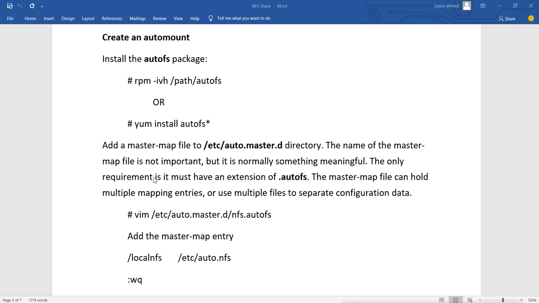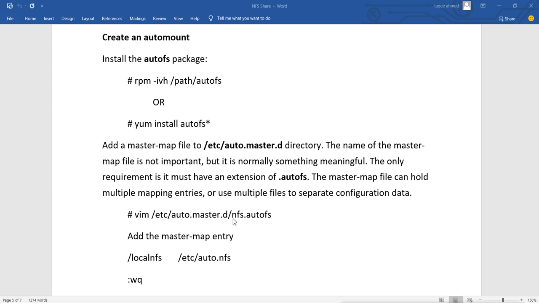But the only requirement is it must have an extension of .autofs. So whatever name you create, at the end you have to mention .autofs for the file. Now the master map file can hold multiple mapping entries.